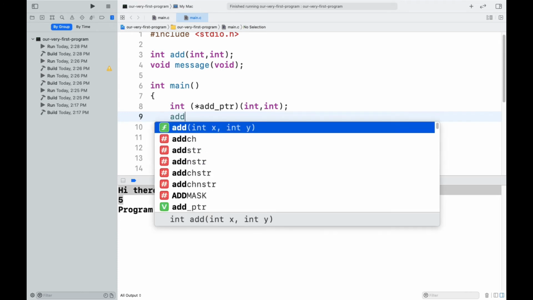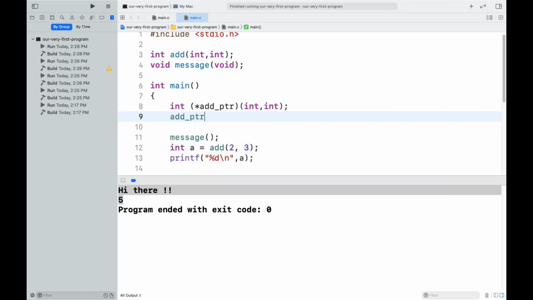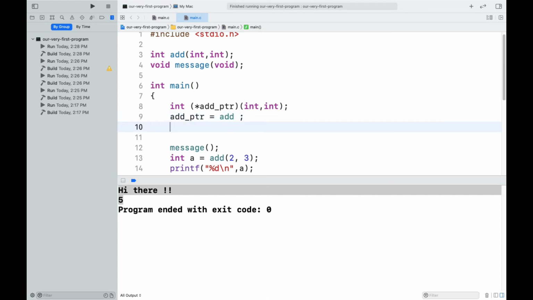You just need to write the name of the pointer and the name of the function it is pointing to. You need not write the address of add. That is not required at all. You just directly write add, and that is going to store the address of this function in this particular pointer.